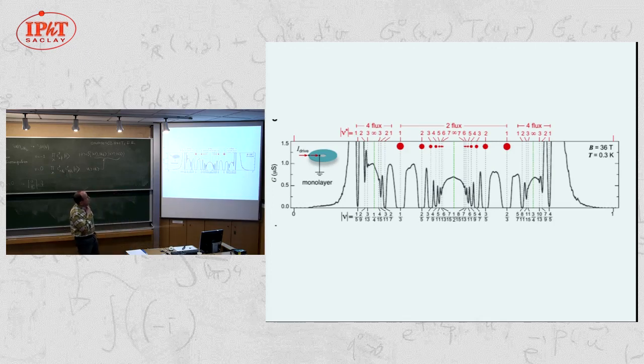And it's likely also that in the future there is even room for some of these small features to develop into fractions that should be revealed by going to lower temperatures, better samples if possible. I have no idea about that. But that's a very nice instance of the fractional quantum Hall effect in this case.